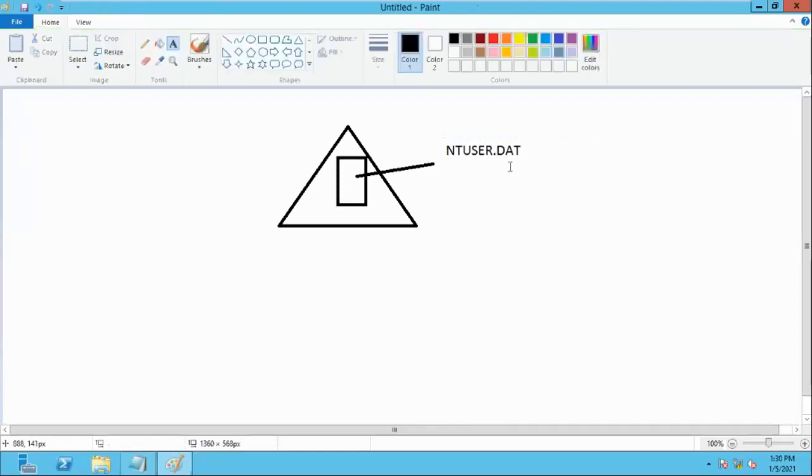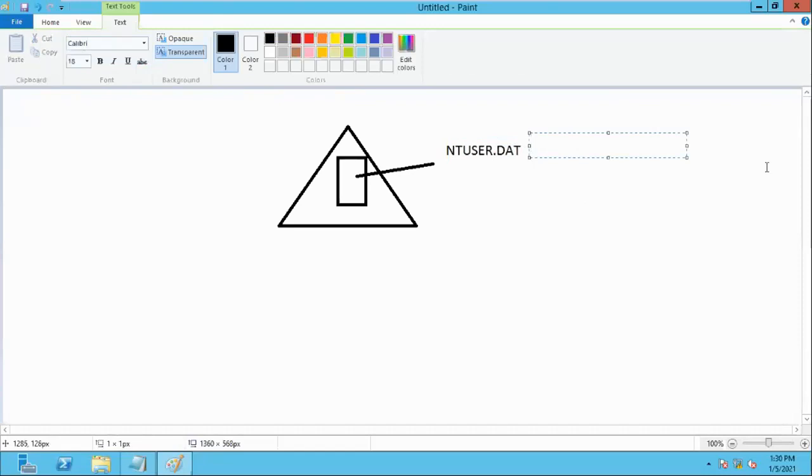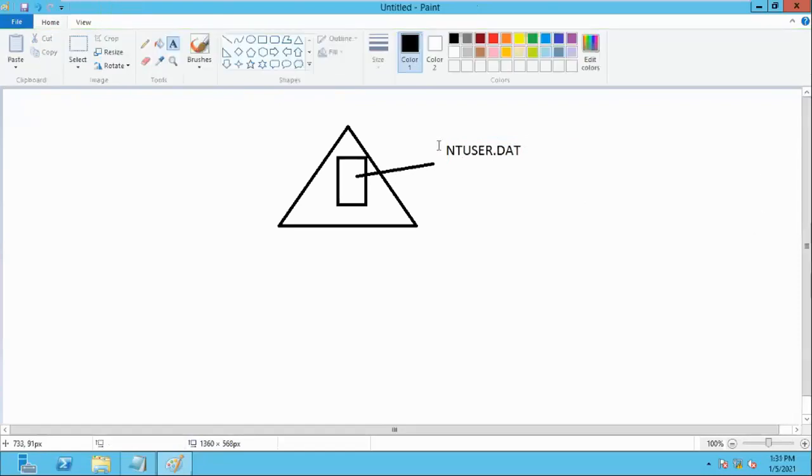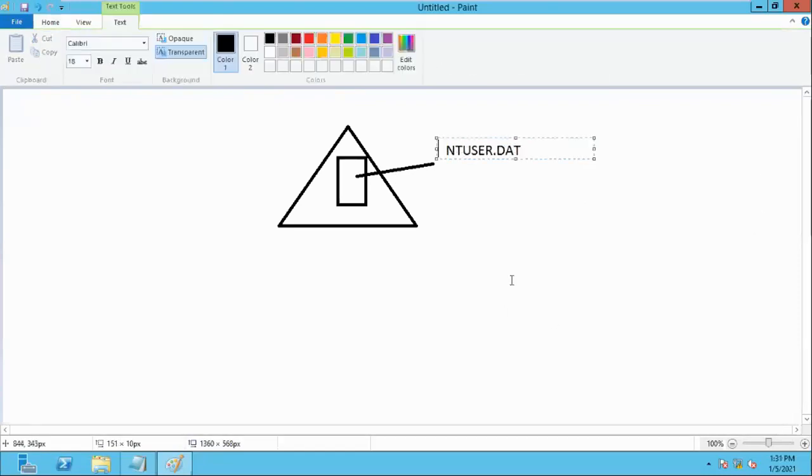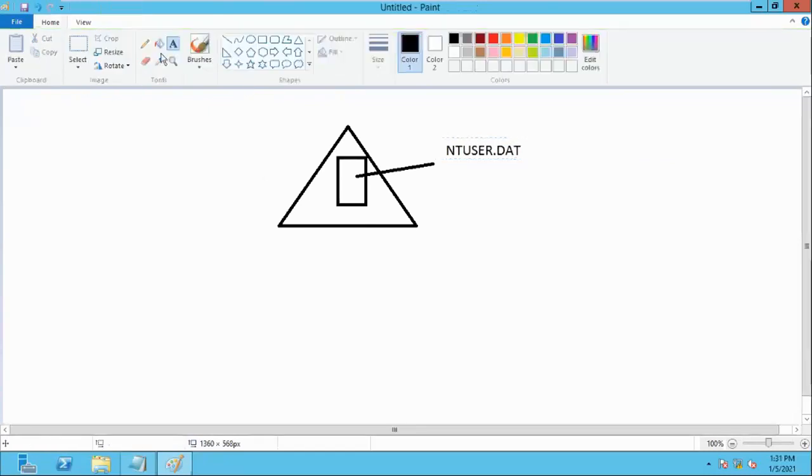Right. So this is NTUSER.DAT. Actually this is the database folder, where all user information is stored in this file. Understand the logic? Okay. So you login from these systems.